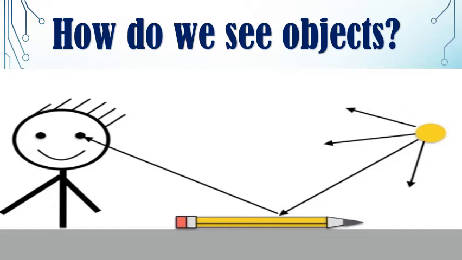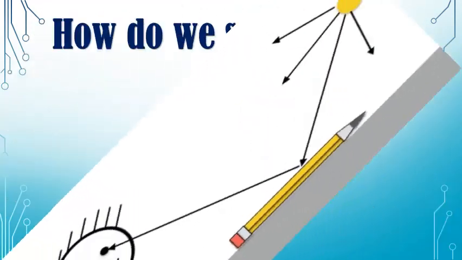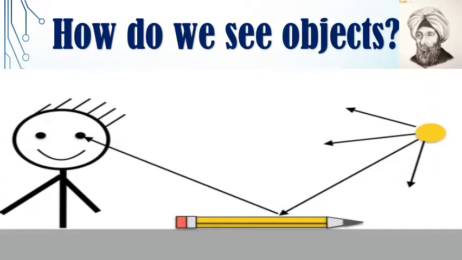like that cute boy in front of you. How does he see this pencil? When the light fell on the pencil, it reflected to his eyes, so he saw it. And the scientist who discovered how we see objects is known as Al-Hasan ibn al-Haytham. That guy, guys, discovered how we see objects. Remember that name, guys, because I will talk about him later. So, how do we see objects? When the light falls on the object, it reflects back to our eyes so we can see it.